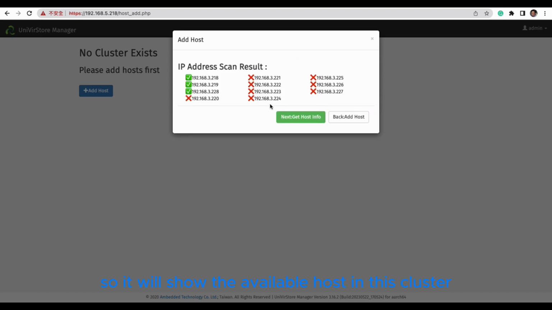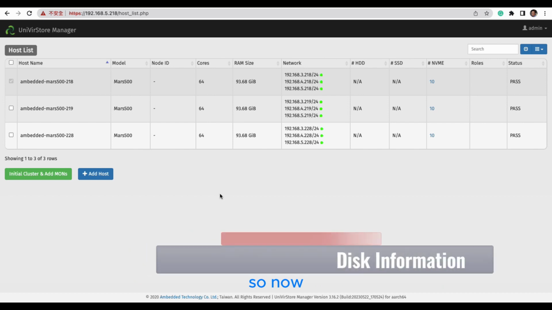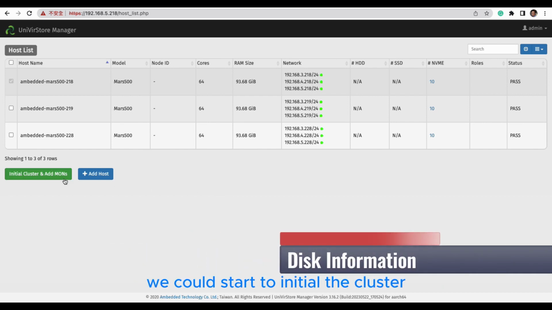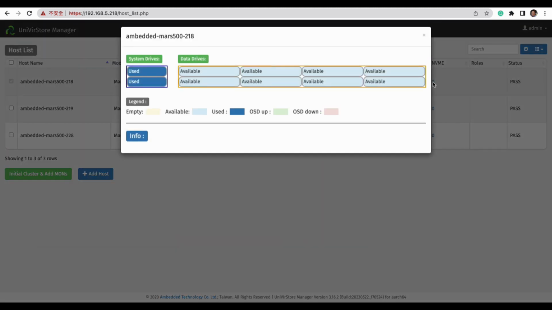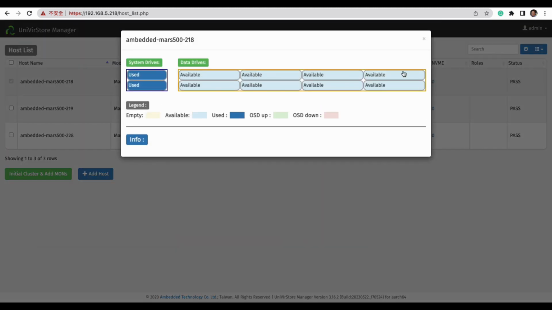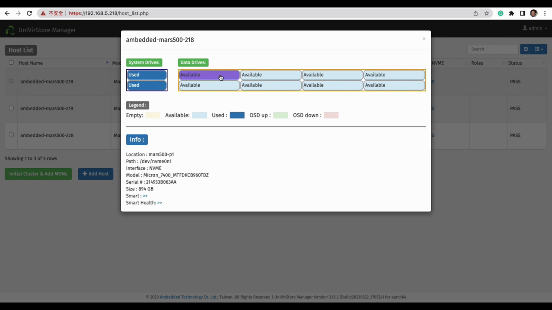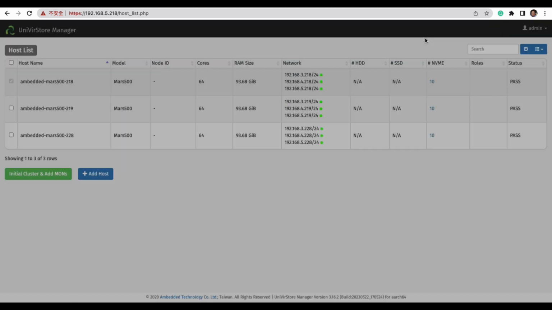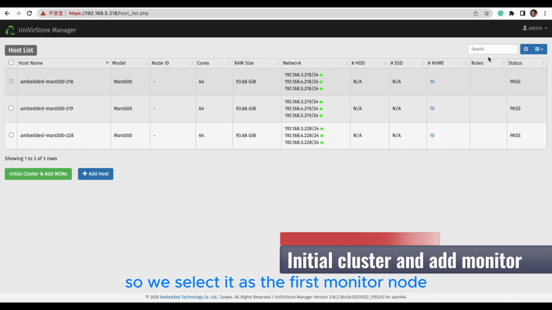So it will show the available host in this cluster. So now we could start to initialize the cluster by adding the first monitor node. If you want to check the disk information, you just click it. So we select it as the first monitor node